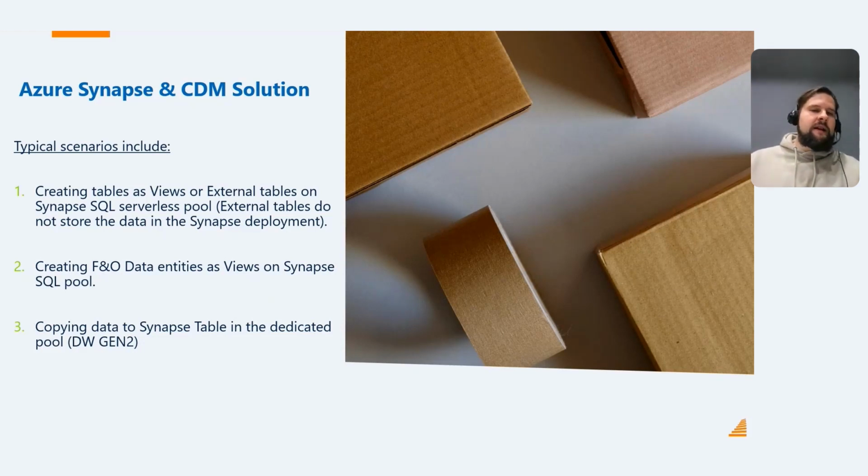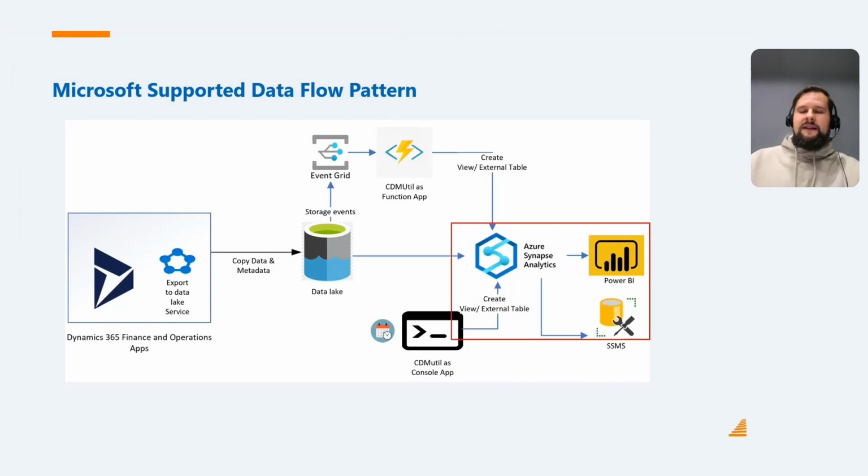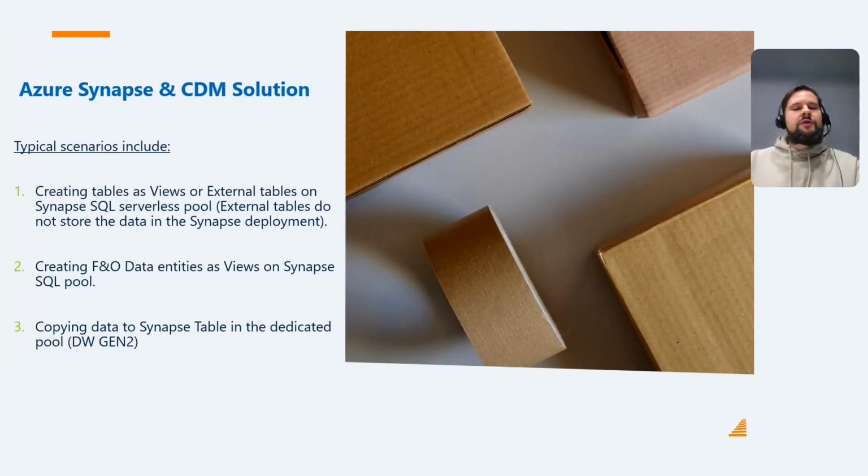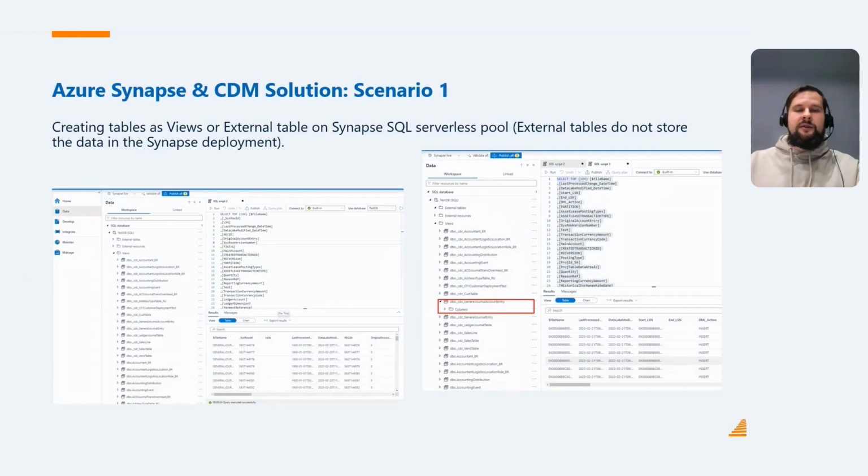Azure Synapse itself can be connected directly using SQL integration services, and that's why we had it here as SSMS. So SQL Management Studio, you can connect directly into Azure Synapse, and you're able to read the data, see the data, query the data, and simply perform data analytics. Right? So this is used when you want to perform data analysis directly within Synapse. So then you actually want to store the data because it's simply cheaper and it's much faster. Right? With these views, you're mainly using it to push it outside, and you're not storing the data.